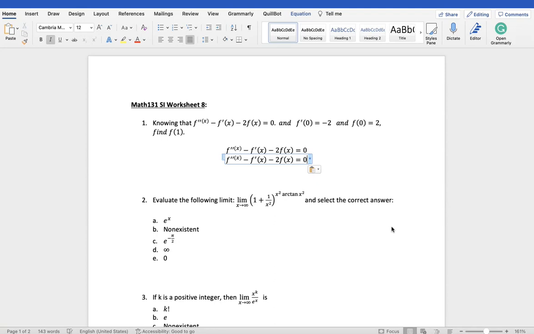Because in an exam or test setting, you would want to solve these types of questions very fast so you don't lose time on them. So what I would suggest is, if you have an equation like this, it's a differential equation. Because you're given f of 0 and f of